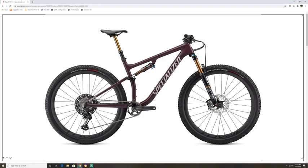But I guess the benefit of having that flip chip on there is that you can change the shock if you want on any model and put a Fox rear and a Fox front on the S-Works and just pay the extra money. The wheels on here are their Roval Control 25mm internal width. They are hookless rims as well. They are coming with a DT Swiss 350 hub front and rear, and I believe it's going to come with a